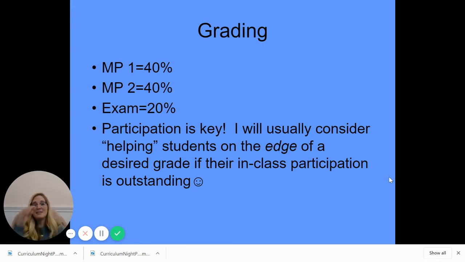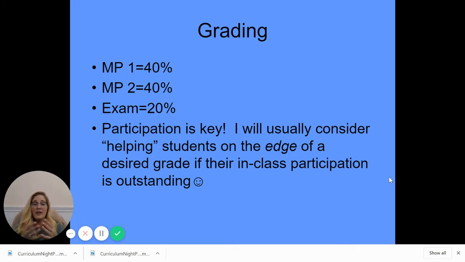This might be in flux, right? Depending on when we go back and the potential for what exams may or may not look like. But in a regular semester, this would be 40, 40, 20. That might change. We will let you know. Admin will let you know as soon as we hear something.